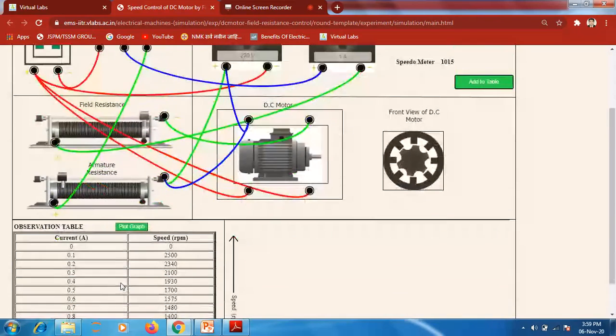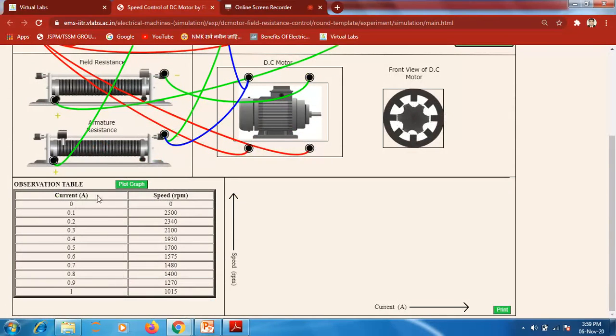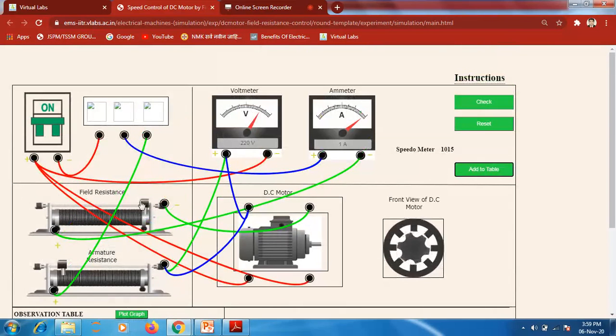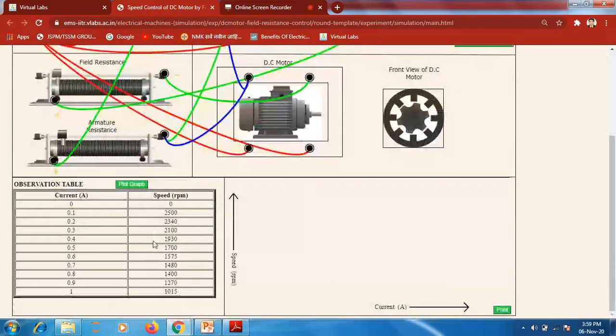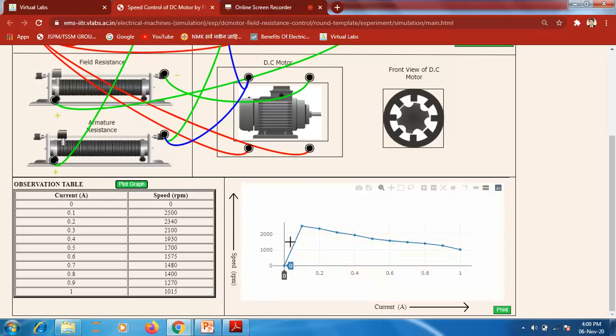Okay, and finally, we will get here the observation table as current in ampere versus speed in rpm. So this is the procedure to take the readings of this experiment. Next one, with the help of this observation table, we have to plot a graph. So plot graph in between current and speed. By just clicking the plot graph, you will get